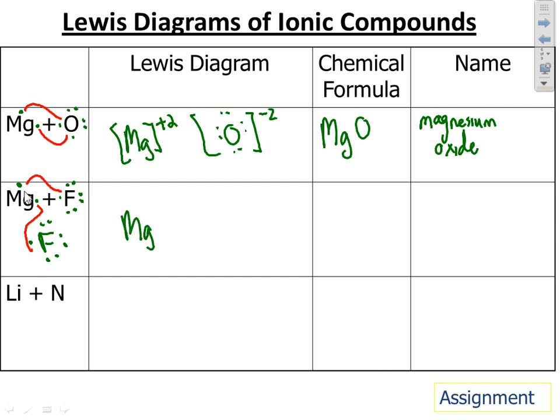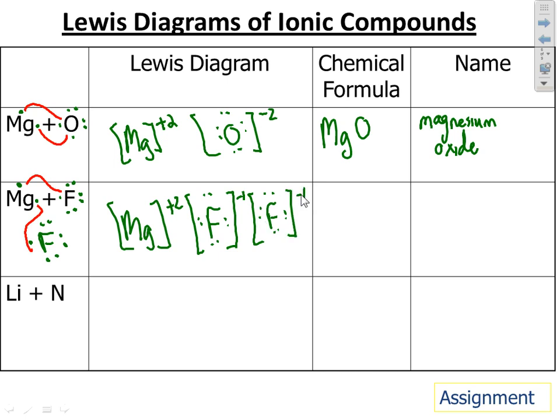Mg has successfully got rid of its 2+. Fluorine, and there's 2 of them, F with 8 dots in square brackets. Each fluorine has gained 1, so it's -1, and I need 2 of those. F with 8 dots and -1. Okay? So this time we needed 2 fluorines, because fluorine could only accept 1, and magnesium needed to get rid